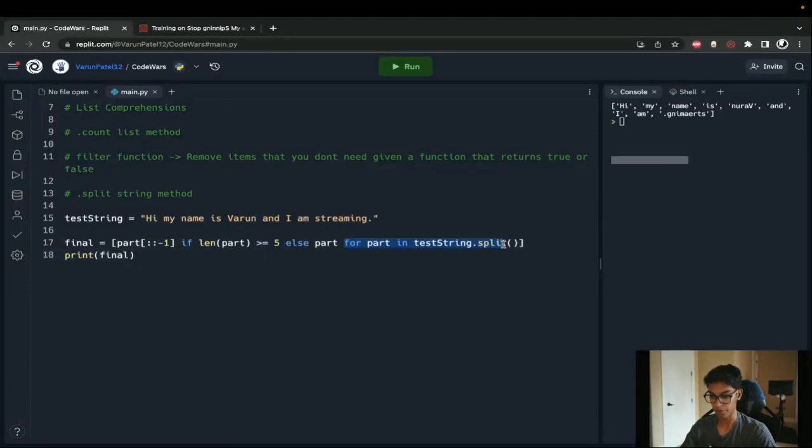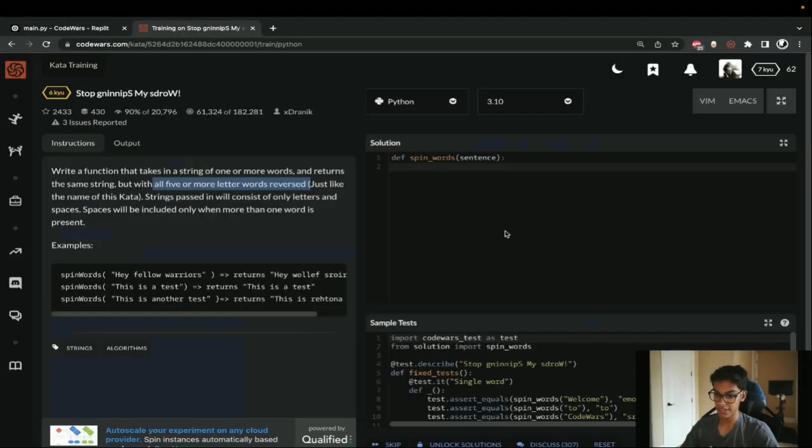So again, for every part in test string.split, that's going to make this into a list. Give me the reverse version if it's 5 or more. Otherwise, give me just the normal version. And again, you have to have this if-else for this part. Pretty awesome what we did here. So let me copy this. We'll bring it into our